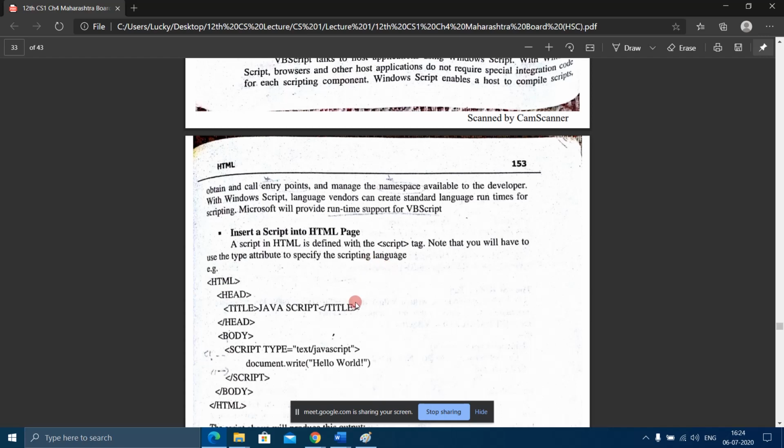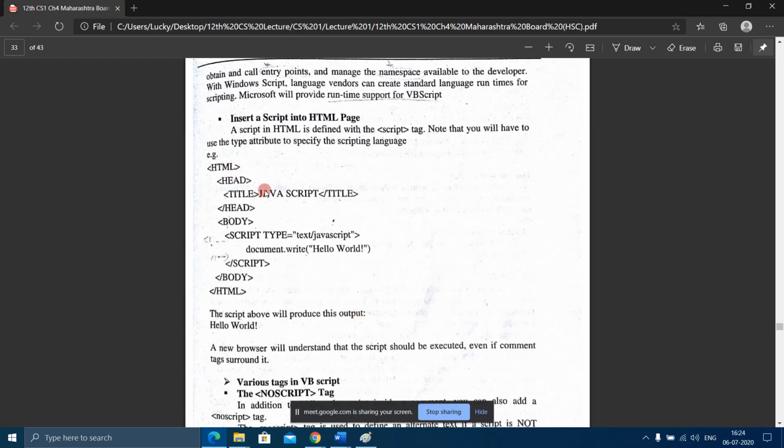So here the example is given in the textbook. It goes the same way: HTML head, title, head close, body. And if you want to insert a scripting language, then you have to use script tag, and within the script tag you need to use type attribute.